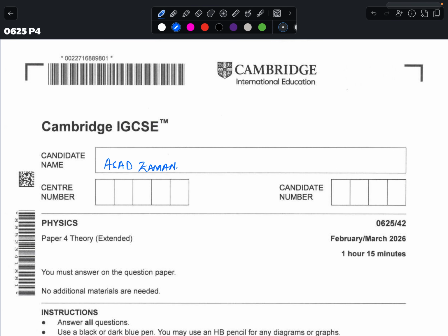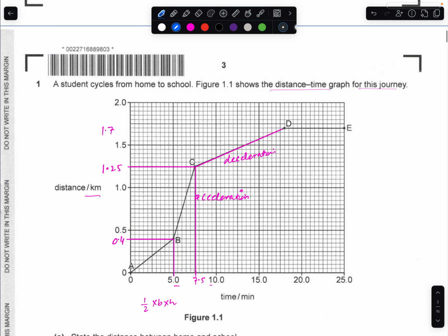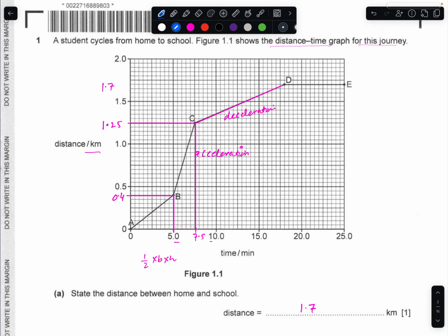Let's solve February-March 2026 paper 4-2. Question number 1. You can see what they're asking. The first part is: state the distance between home and school. So the total distance between home and school is